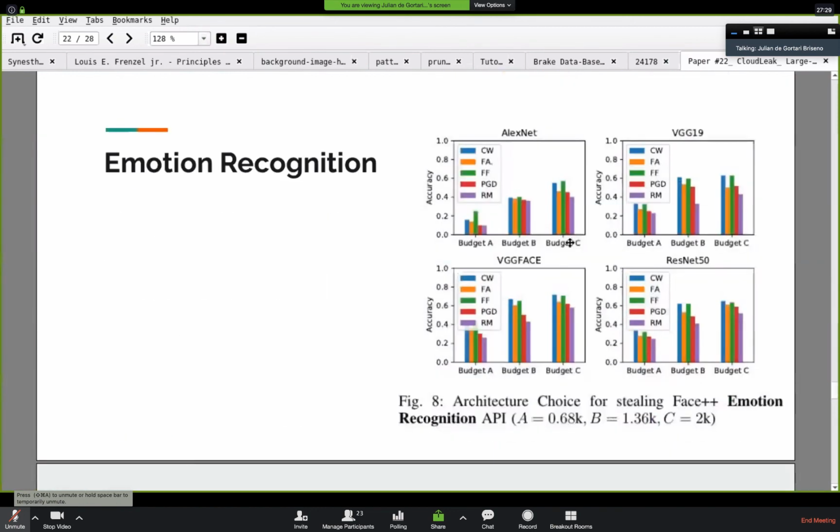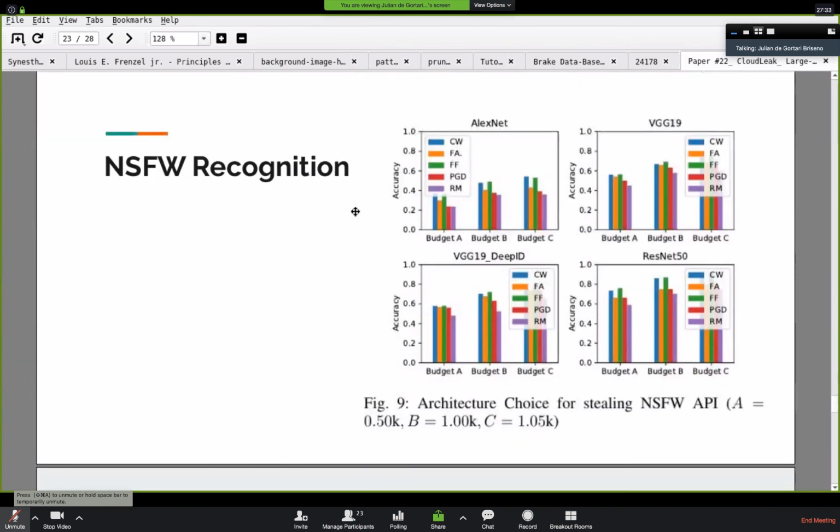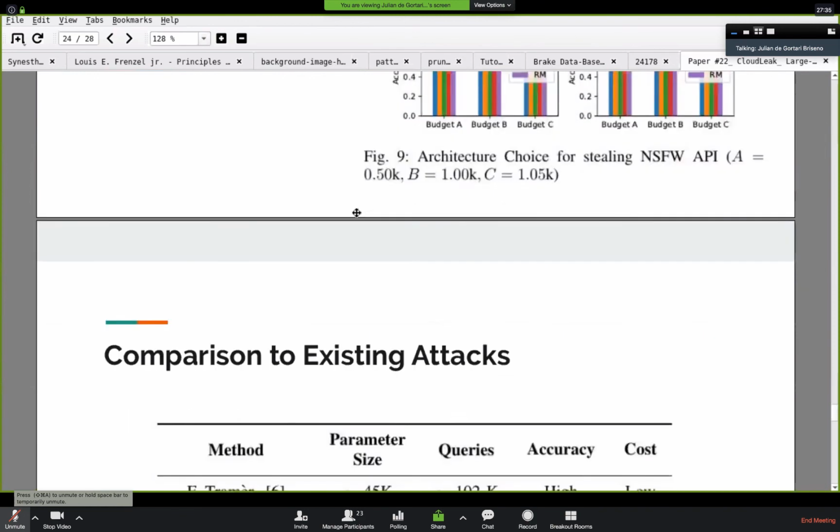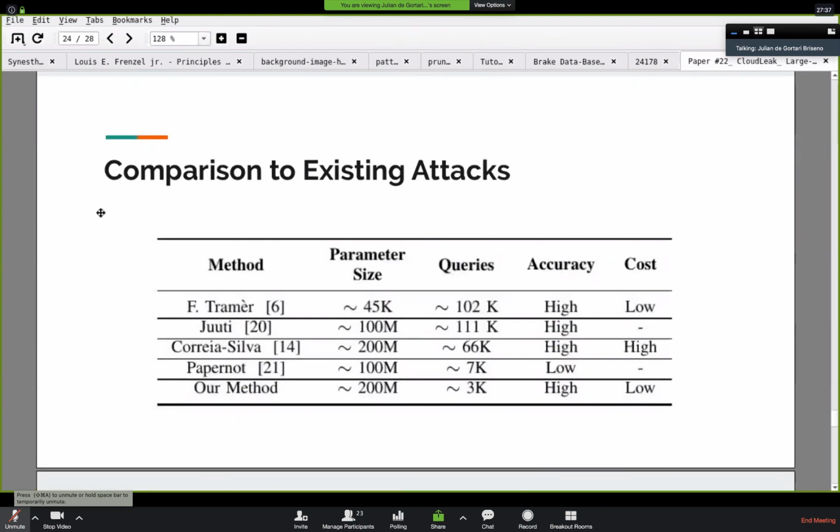Emotion recognition, same results basically. Not safe for work recognition, also, no? So comparison with other existing attacks, no? We see in these four